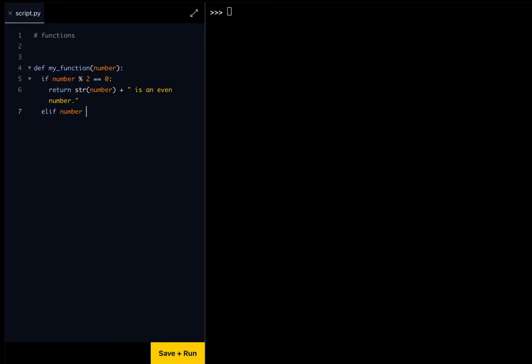So elif number %2, you're going to put exclamation mark equal. This means doesn't equal. Usually that symbol means doesn't equal. What this is saying is else if number divided by 2 has a remainder, so it wouldn't have no remainder. You're going to return, of course, string number plus